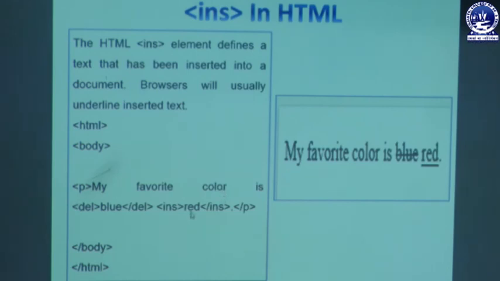Now I want to insert another word inside the paragraph, that is red. So whenever we want to insert any text or we are inserting any phrase or word inside the paragraph, at that time we can use the ins tag, and whatever text has been written, it has been reflected with the underline in it. That means whenever you will find any text with an underline in it, you can visualize that we have inserted a text within the phrase or sentence. So this is all about the HTML source code, and the reflection is over here.